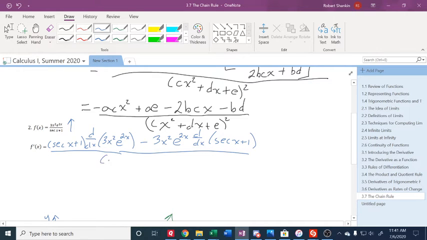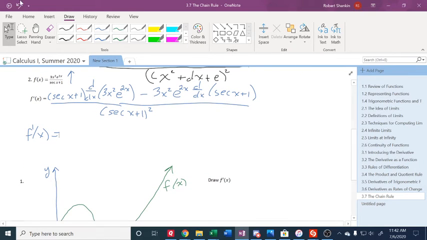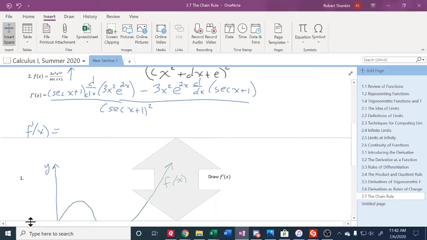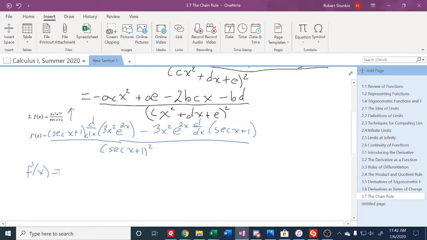All over the bottom squared. And when I work this out, I get,